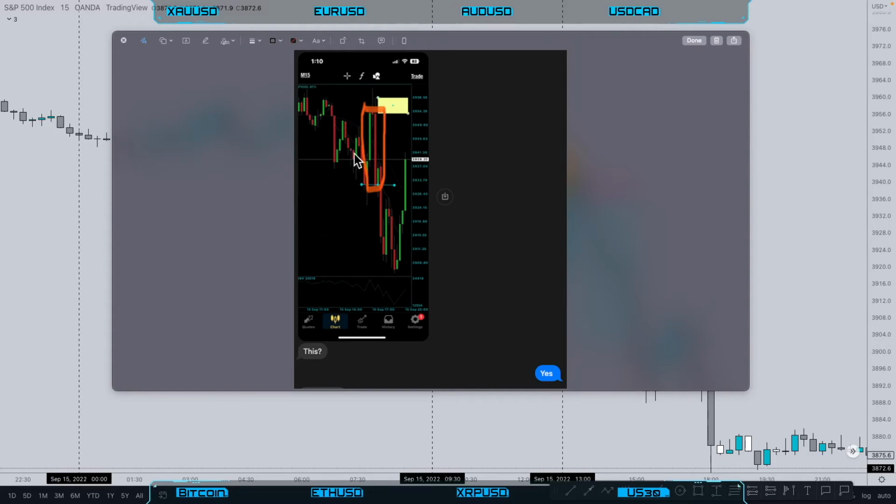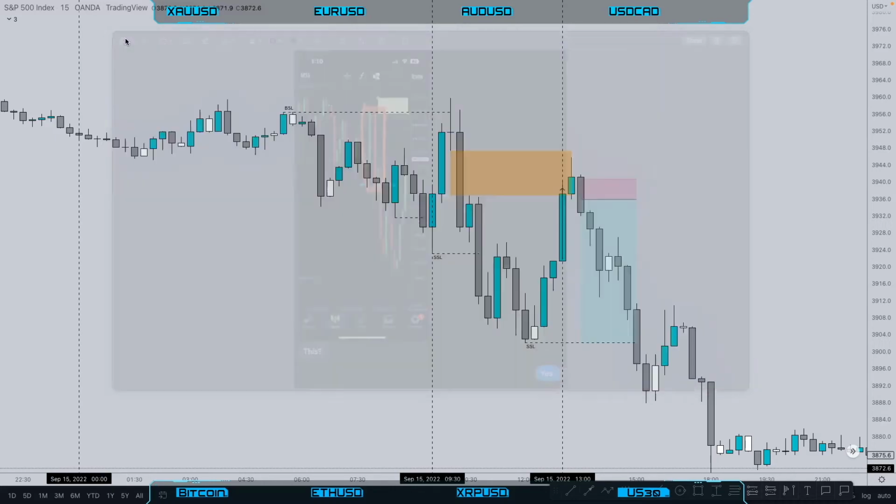However, after I was done explaining my point of interest and showing her, she then went to her chart and highlighted on her own. And as you can see, this was the area. She put a question mark and I said yes, and then gave a little bit more clarification of the point of interest that I was looking at in between these two wicks. So that is exactly what you're seeing here, and that's before price runs back up into this